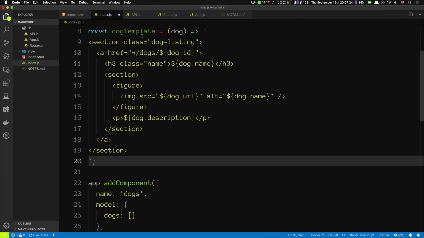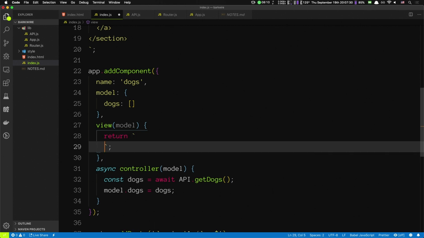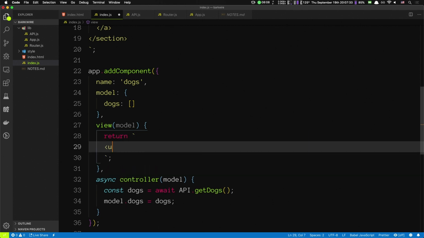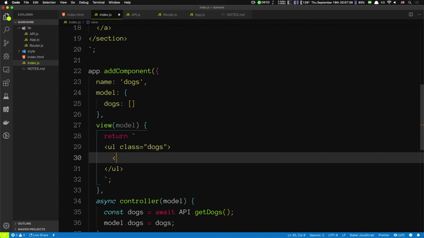Cool. And now in our dogs component, we essentially just want to iterate over dogs and create a bunch of those. So we'll have a list. It'll have a class of dogs. And then we need a list item with the dog template for any given dog. Essentially, this piece right here, we need to repeat for every single dog in the dogs array. So for that, we'll just use a map. So inside of this template string, we'll say